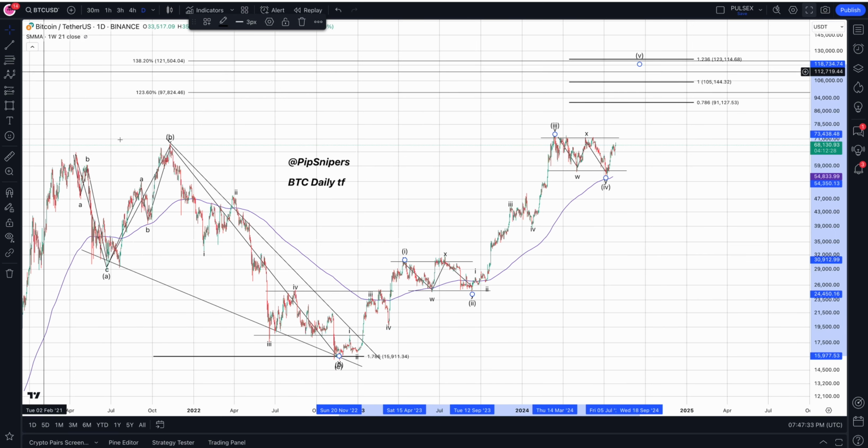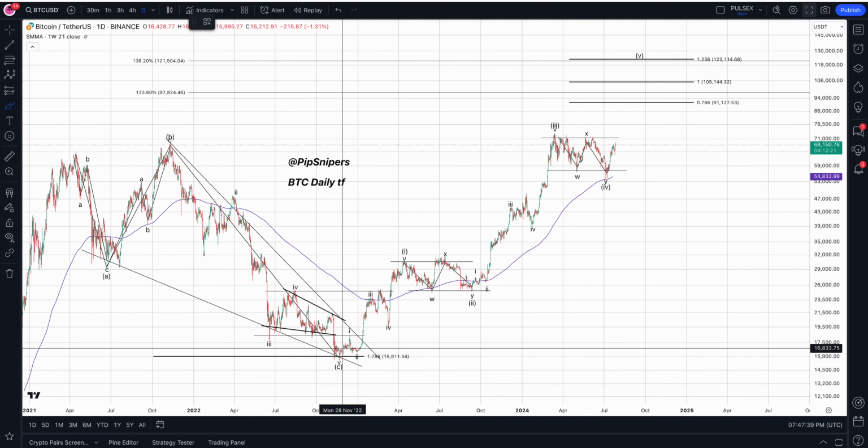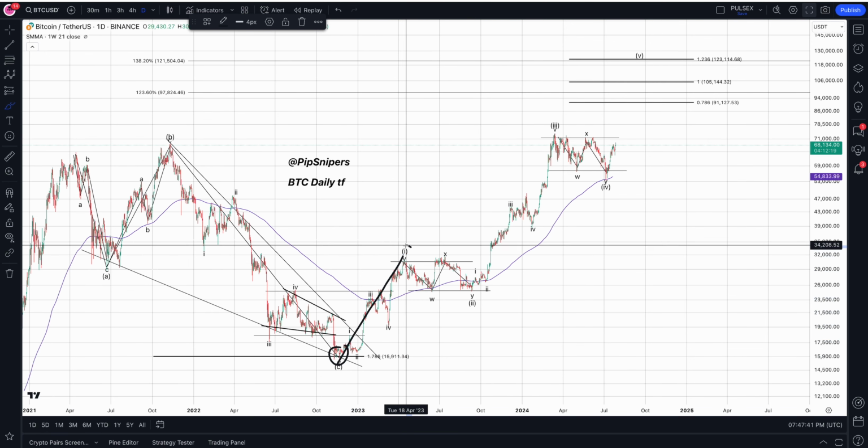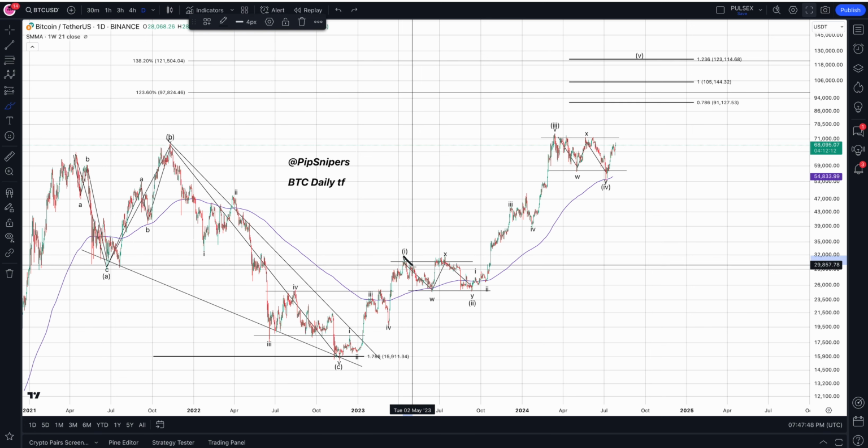So over here would be considered your creek. So you see how we're creeking down like this? This over here would be considered your spring. And then we have the jump across the creek for your wave 1. So after having that jump across, we then have our wave 1 to the upside,